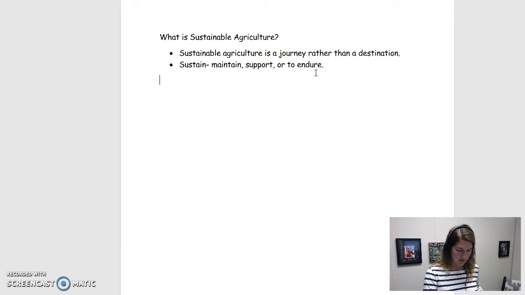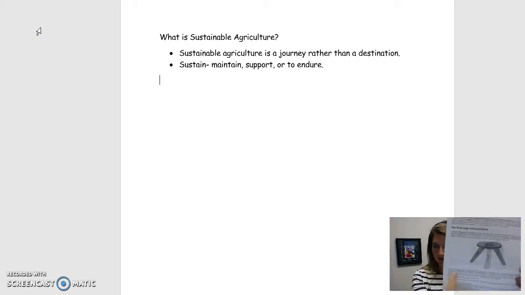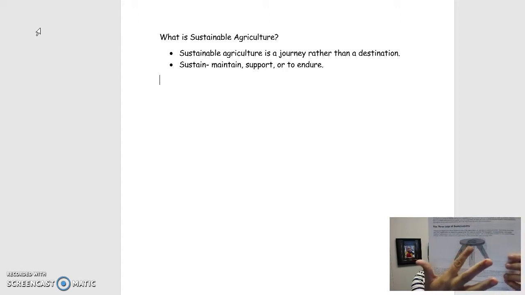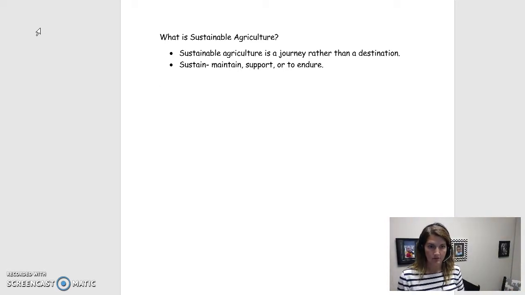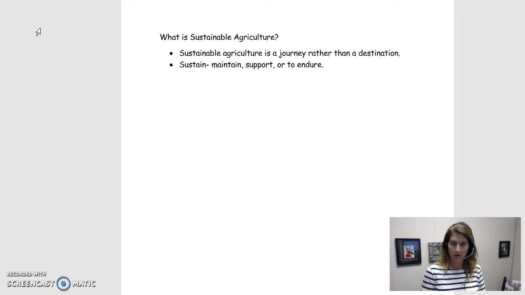Next, we're going to break down sustainable in 3 parts. I'm going to hold this up, hopefully you can see it, it is a chair, and it has 3 legs. If you were to take one of these legs away, I promise I'm getting ready to type these so you can see them, then the chair would not stand. So we need all 3 of these for sustainable ag to be concrete, secure, and very stable.